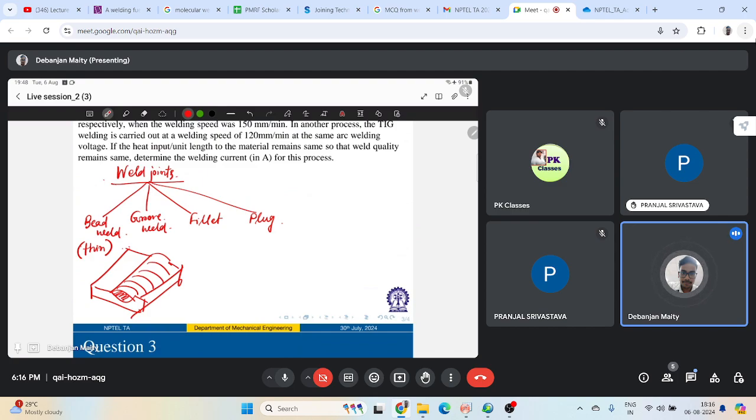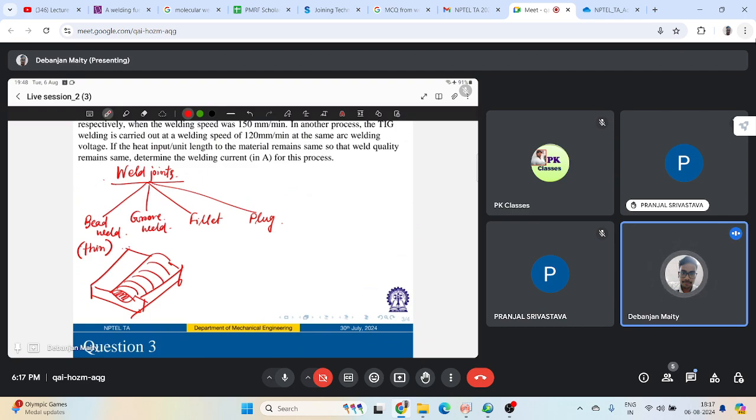If you want to build up some surfaces or some cladding kind of thing, or depositing, let's say, wear resistant materials, doing some coating kind of thing, on those aspects mainly surface welds are used. When are groove welds used? Groove welds are used when you want full thickness strength of the material, right? You are doing some thick material joining, and on those aspects groove welds are used where you need some